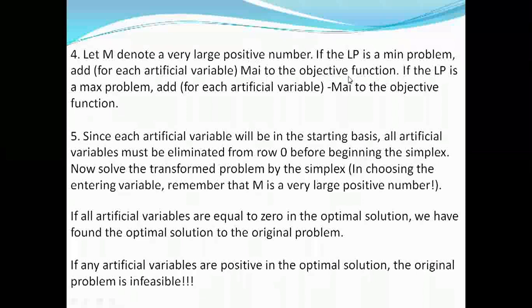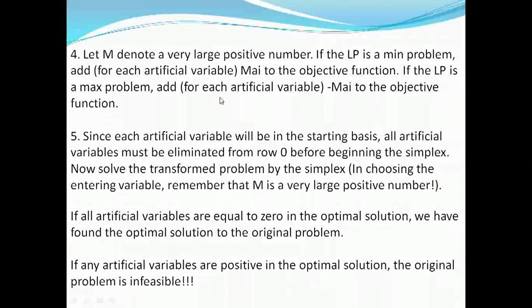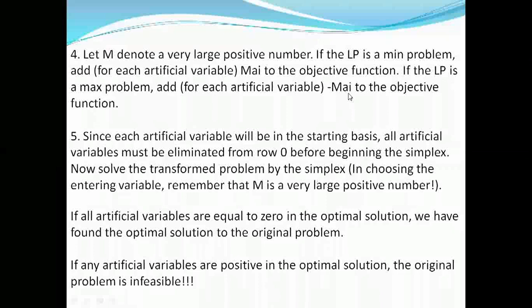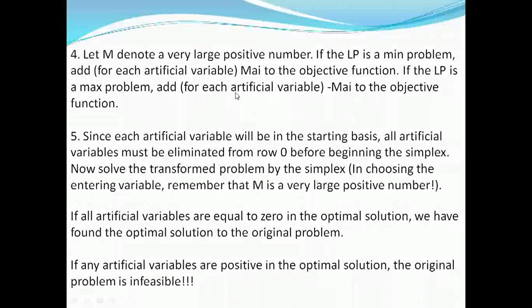And hence, upon simplifying, the overall function will generate an objective. And if the problem is very large, then the values will definitely move into the negative range. So indeed, we have a simple technique. If negative values are generated, we will get the sign into a positive range by placing a minus. So minus large positive number times the artificial variable will give the positive objective function, right? That is the fourth step that needs to be maintained.